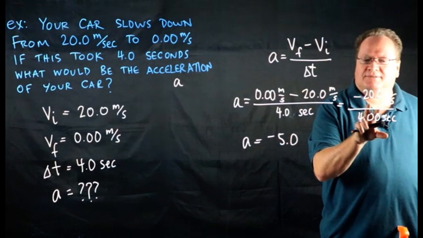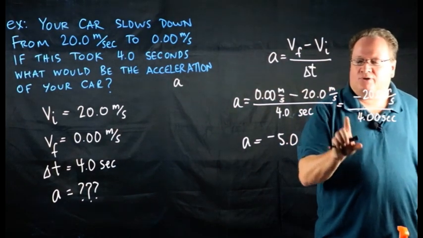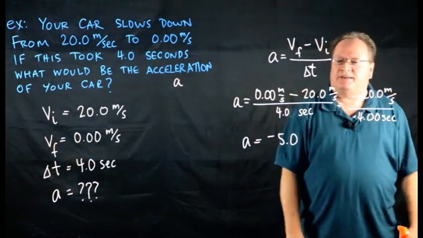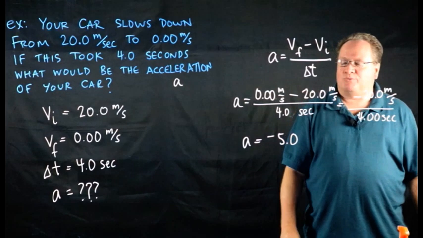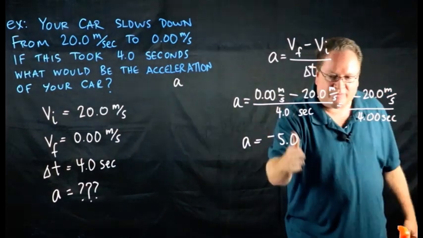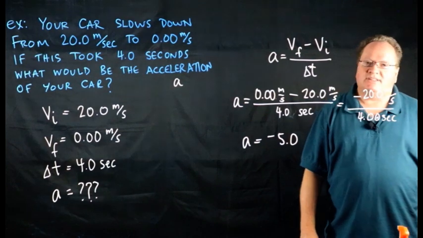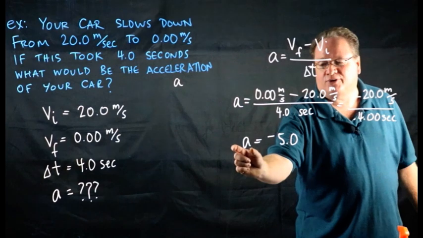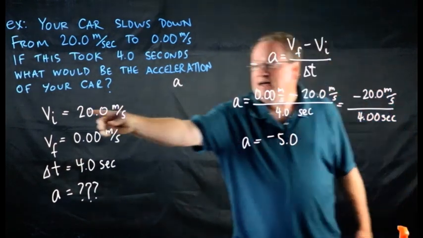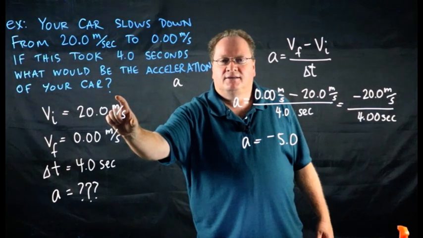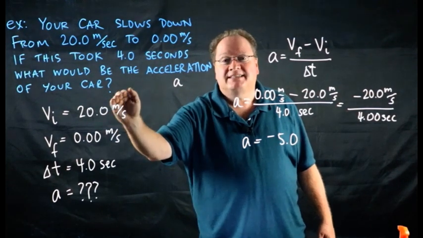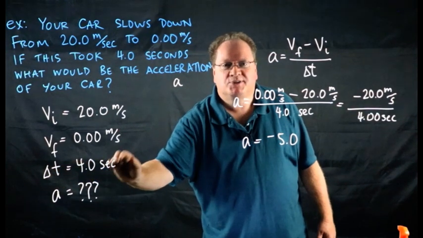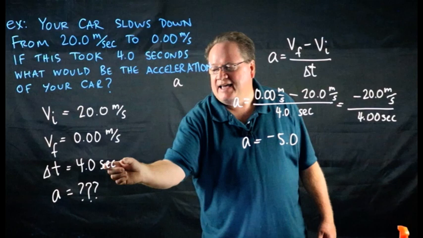The unit is kind of weird. Now, I know in math class, you guys probably do this: you do a calculation, you get a number at the end, and then you just say, well, what unit should be there? I don't want you to do that. There are certain units that go with certain values. For instance, velocity, I already talked about it, is always meters per second. Could be miles per hour, but it's always distance over time. Delta t is always hours, seconds, days, that kind of thing.